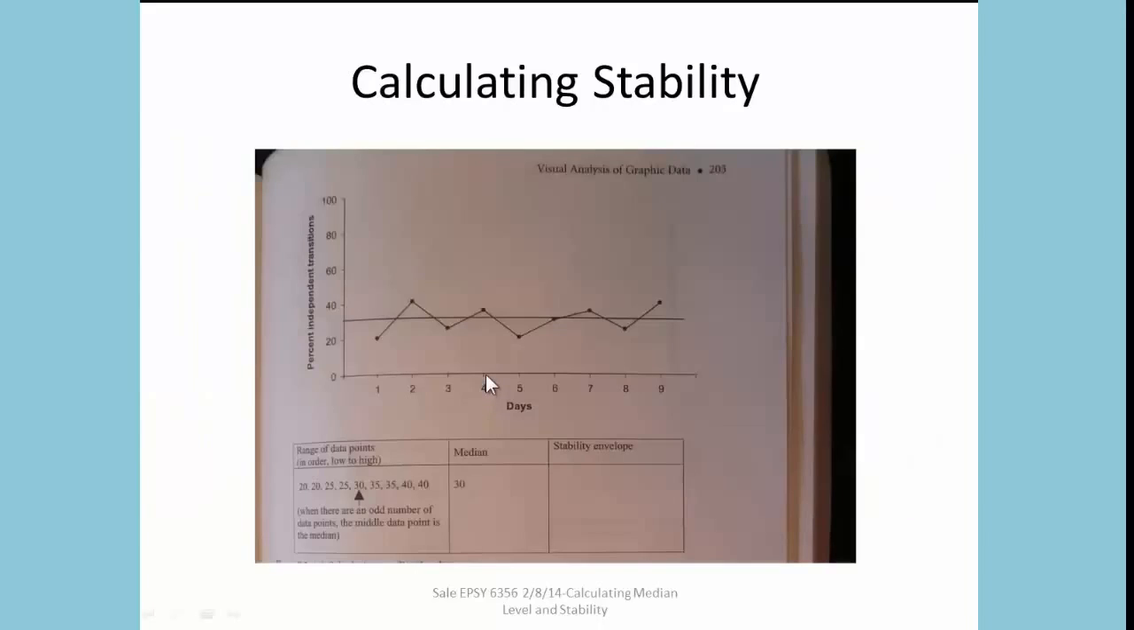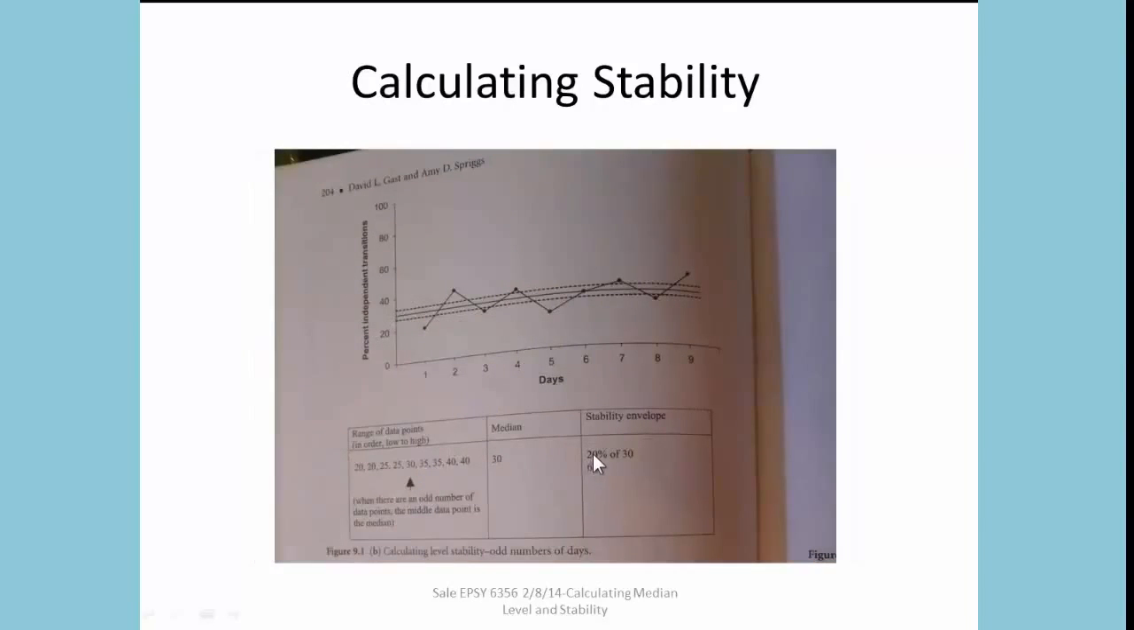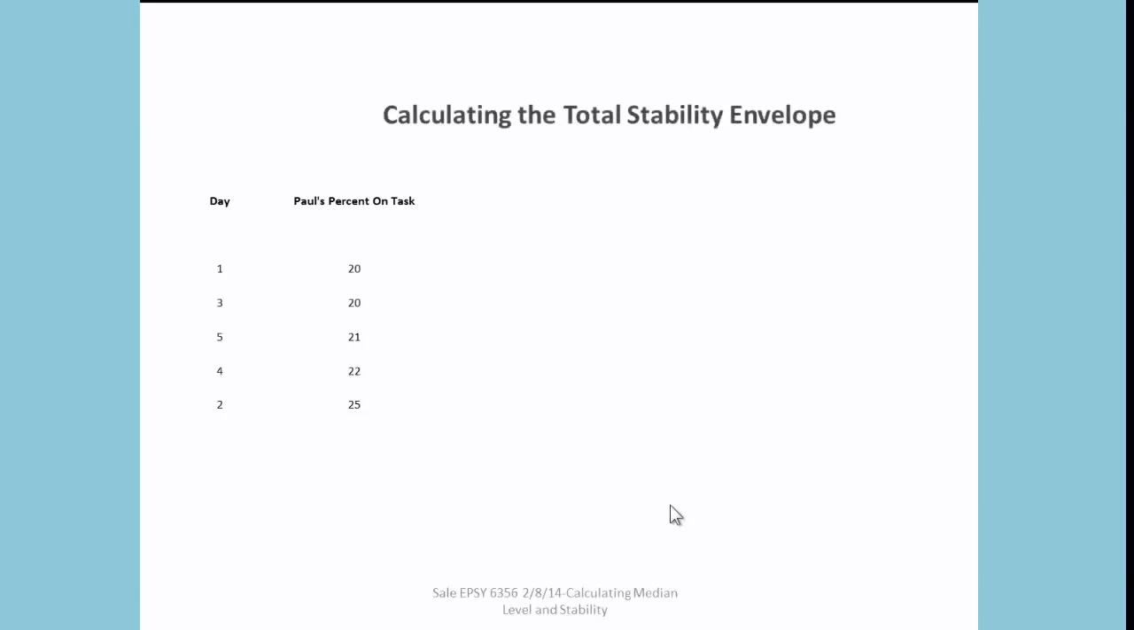Our median in the Gass book was 30. As you can see, he took 20% of 30 and he arrived at 6. So his stability envelope is 6, which ends up being 3 on the top and 3 on the bottom. Let's take a look at ours. We're going to calculate the total stability envelope off of Paul's percent on-task behavior, and I left it ordered from lowest to highest. The steps are, of course, establishing the median,